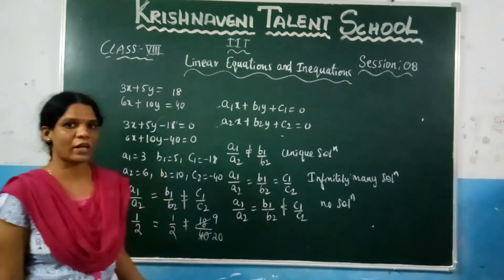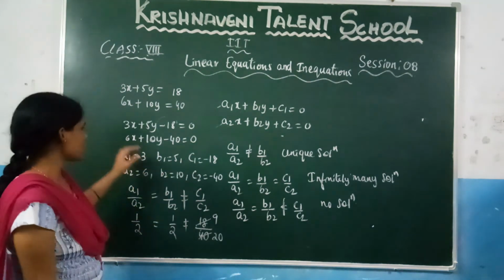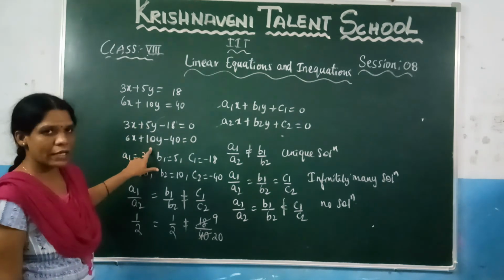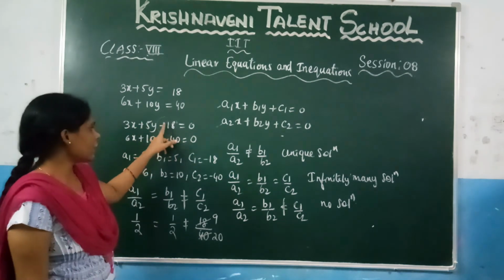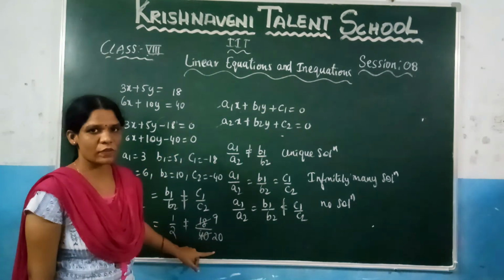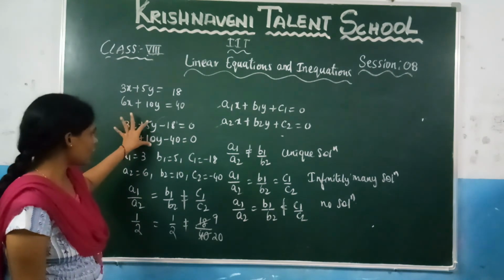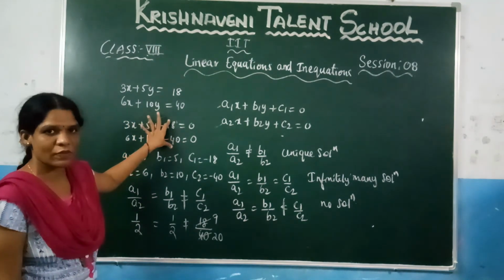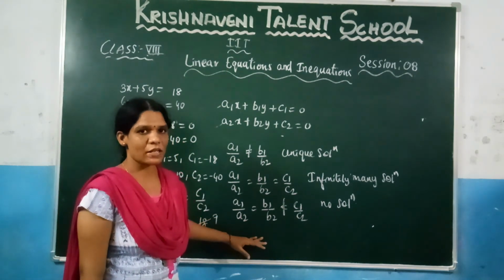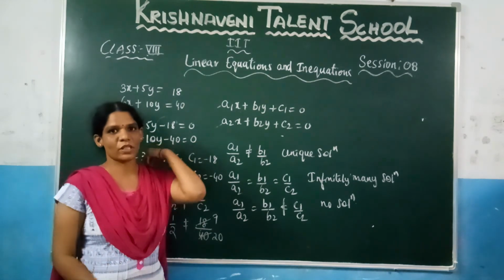So if you want to find the solution, you need to check the coefficient ratios. That is a1 by a2, which is 1 by 2, 5 by 10, again it is 1 by 2, and here minus 18 by minus 40, which is nothing but 9 by 20. Clearly what we got here is a1 by a2 is equal to b1 by b2 is not equal to c1 by c2. So we can say that these equations do not have any solution. And in the next session we are going to discuss the